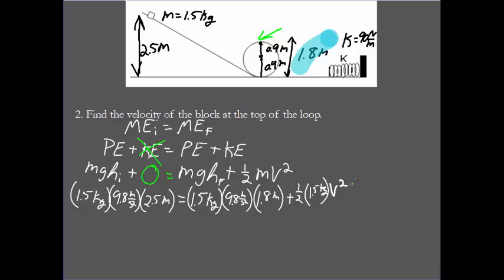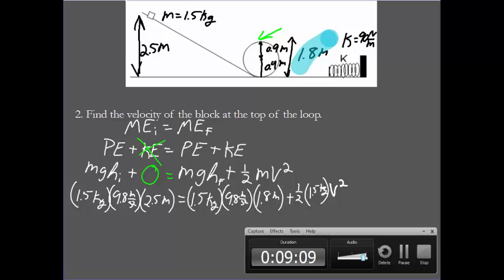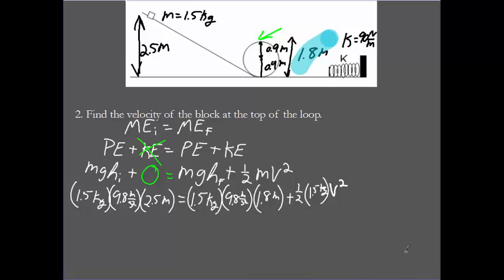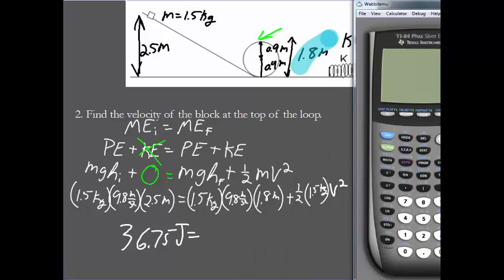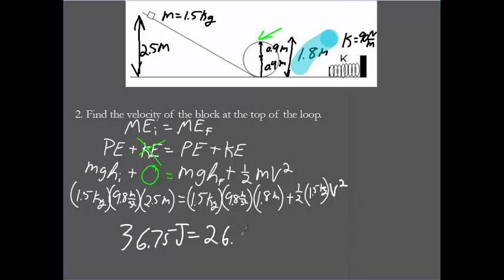Okay, how do you do this? Solve one side. On the left, we got 36.75 joules. And now we have to take out our fuzzy bunny calculator, turn it on, and we have a mass of 1.5 kilograms times 9.8 meters per second squared times 1.8 meters. And we have 26.46 joules of potential energy at the top of the loop,